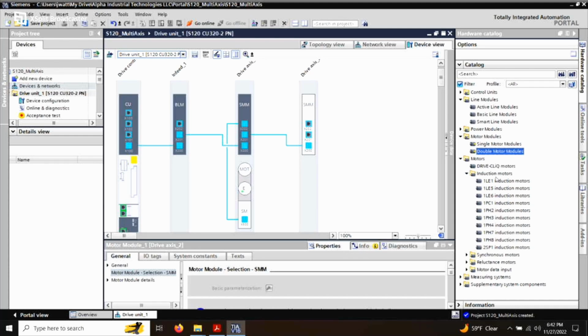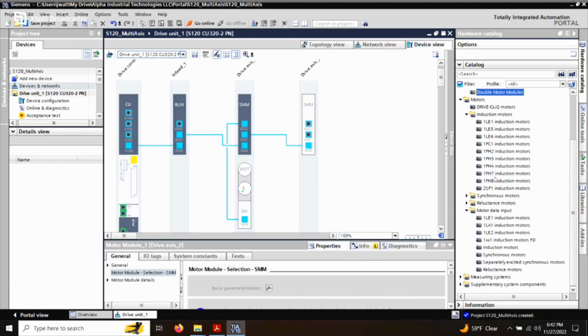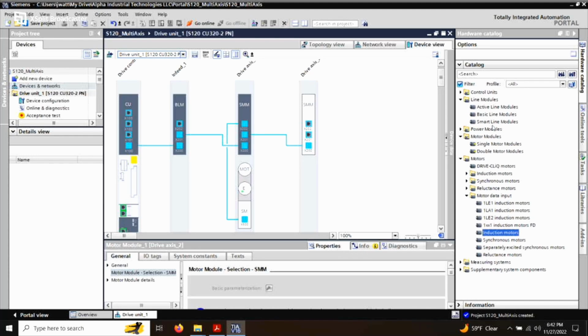So I'm going to go over here and just pick an induction motor. Actually, I'm going to do it this way because odds are, if you're using just a Baldor or any other general purpose induction motor from any other manufacturer, like SEW, then you're not going to be using this induction motor selection that I clicked on at first. You're going to click to the motor data input, and then take this induction motor and just pull it over and drop it in here. Now, if you notice, it didn't pull down this DriveCliq